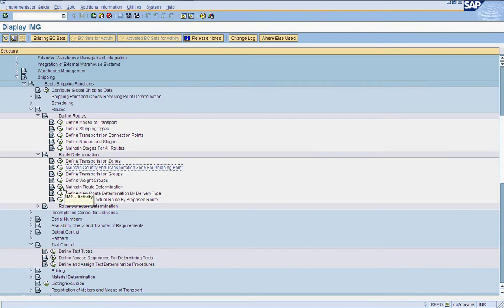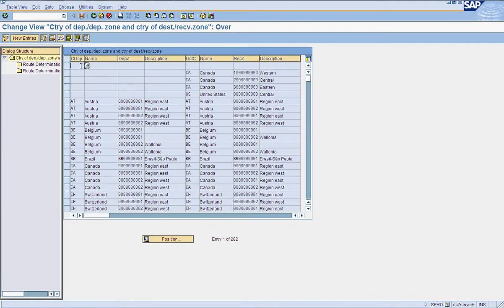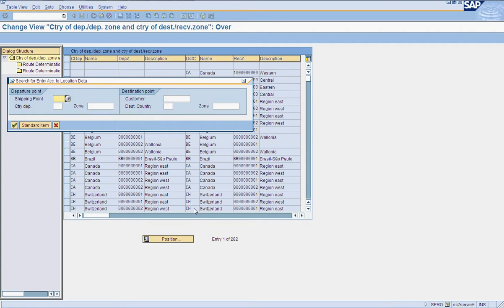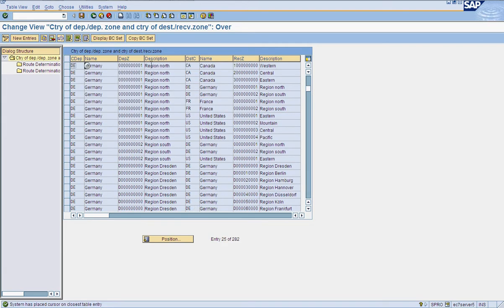Then maintain route determination. Under maintain route determination, you have to define how the system will determine the route. It will say from point A to point B. So country of departure is our Germany, region north to region south. Let's take this route from north to south.